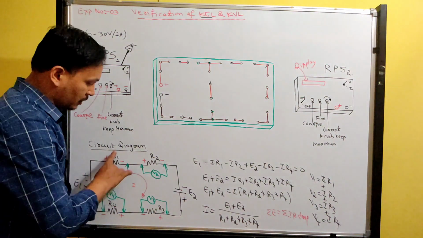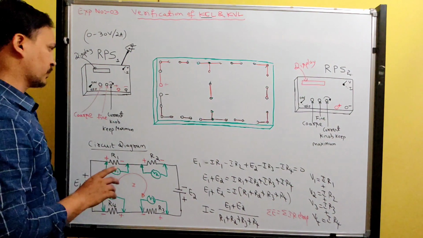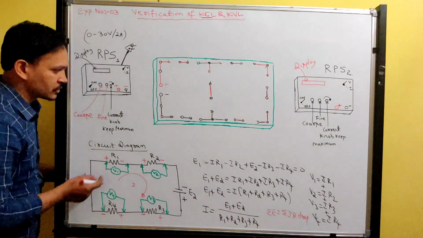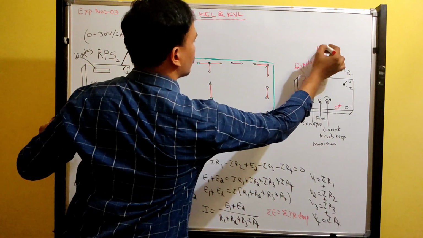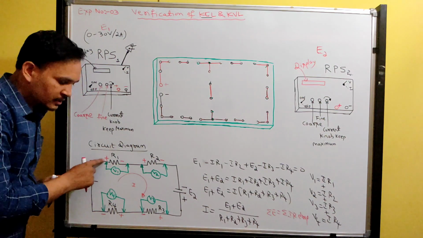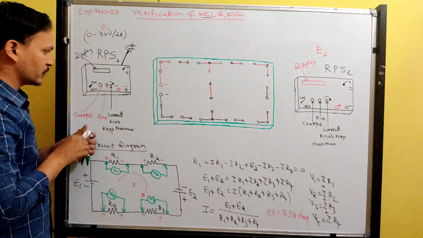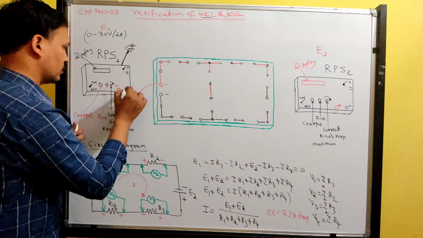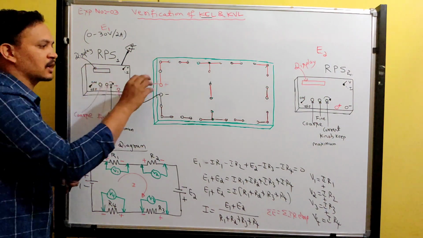Let's do the connections. Before doing connections, what are the resistor values given in the question? Take those resistors, connecting wires, everything. Now look here and start the connection like this. This one is the voltage source E2, and this one is the voltage source E1. Plus is connected to where? To the start of resistor R1. Before that, I am taking the supply to the board. Plus is connected to plus and minus to minus, so whatever voltage you apply will come to the board.